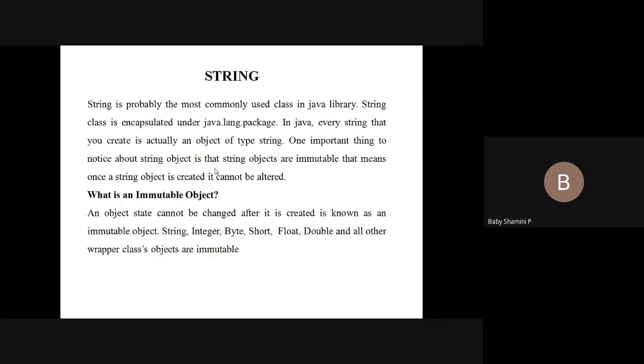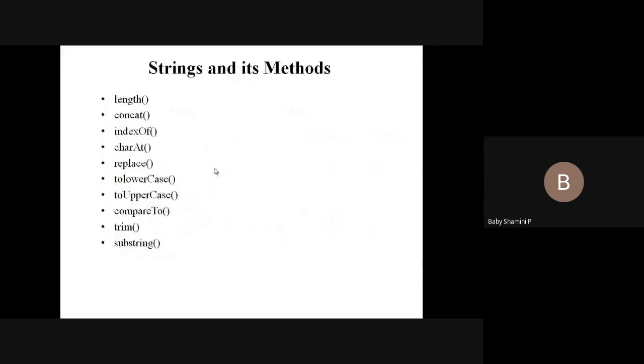If you want to overcome this, we go for the StringBuffer concept. Example, already I have created a string welcome. If I perform any changes in this particular welcome, the same memory location will reflect all those changes. So it does not occupy more memory space. But strings occupy more memory space because each and every update is stored in a separate memory location. That is the difference between the String and StringBuffer classes. So next session, we will discuss StringBuffer. And these are the string methods we have.